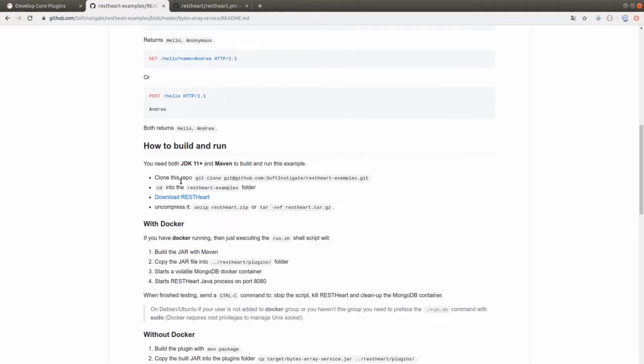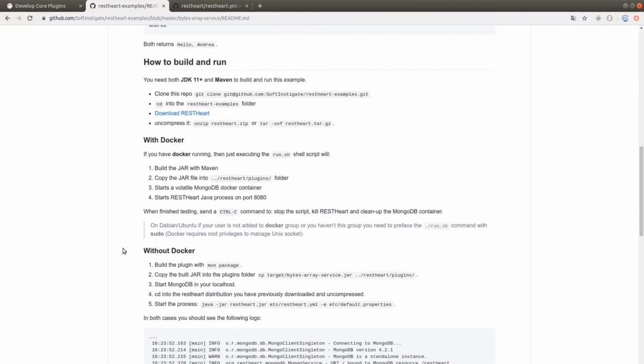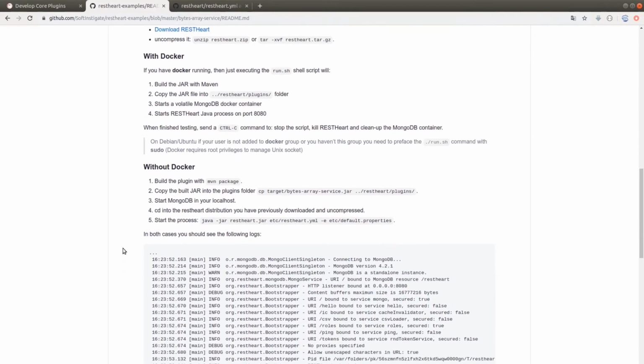Apart from the indications we already saw, we have two different alternatives concerning the compilation and execution. One of them is based on Docker and it allows us to automate all the operations. However, it requires that we have Docker on our machine. As an alternative, we can do the same operations manually. Let's see this second way first.